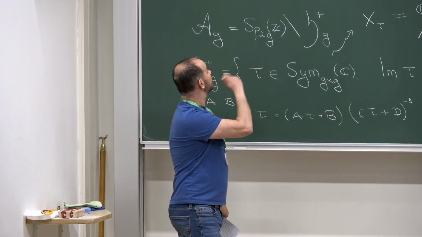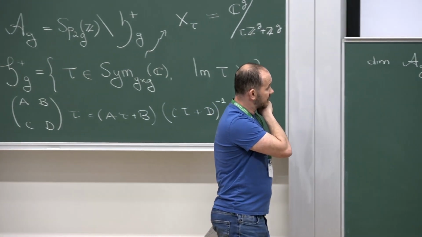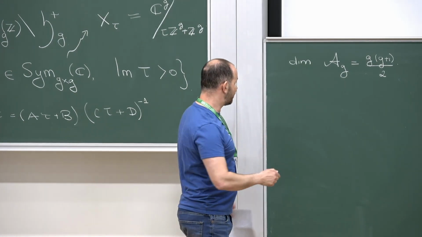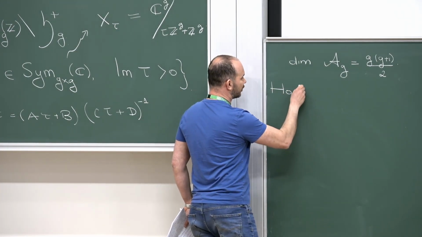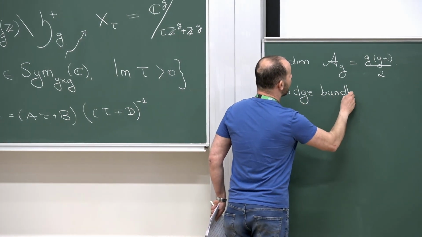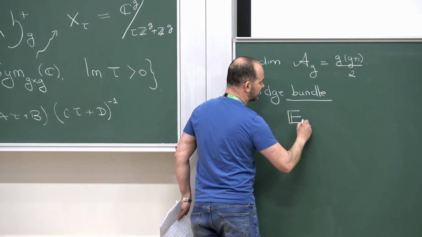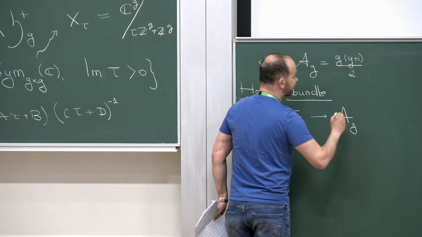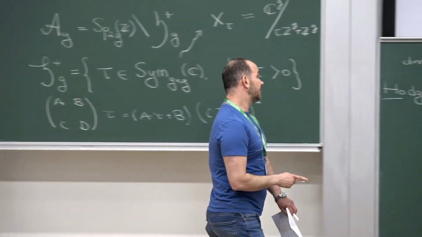In order to define the tautological ring that will play a role here, I have to tell you a few things about the Hodge bundle. There is a natural object that we want to consider, and this is the Hodge bundle. It's denoted by E, and it lives over AG. There are several ways to define it, but here's one way. If you look at the universal abelian variety XG over AG,